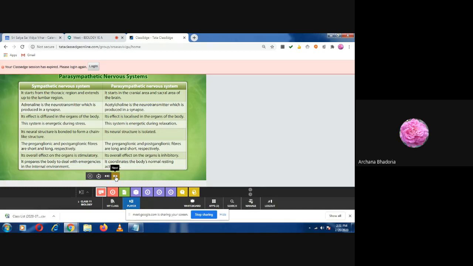Correct. The gap between the two neurons where the nerve impulse conduction takes place from one nerve cell to the other. You remember the neurotransmitter is produced there, because the neurotransmitter goes from the presynaptic membrane through the synaptic cleft to the postsynaptic membrane. That chemical, I told you, was acetylcholine. The other one, remember, is adrenaline. So two neurotransmitters are there. Different nerves are there. Some may have acetylcholine and some will have adrenaline.